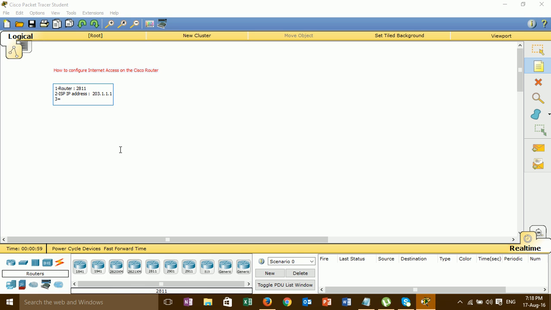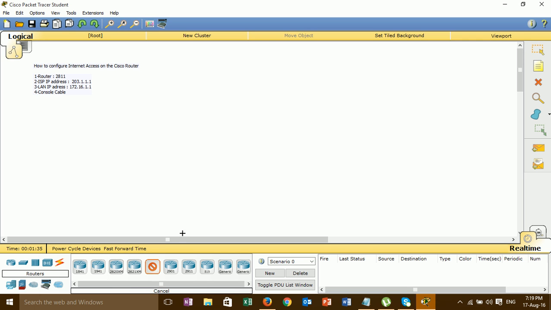Three, I need a LAN IP. Four, I need a console cable. This is the requirement that we have to do.